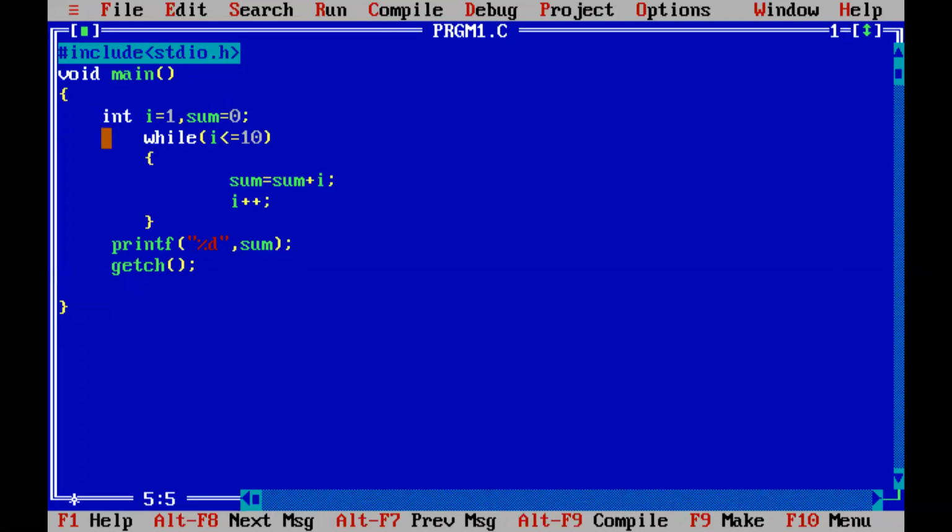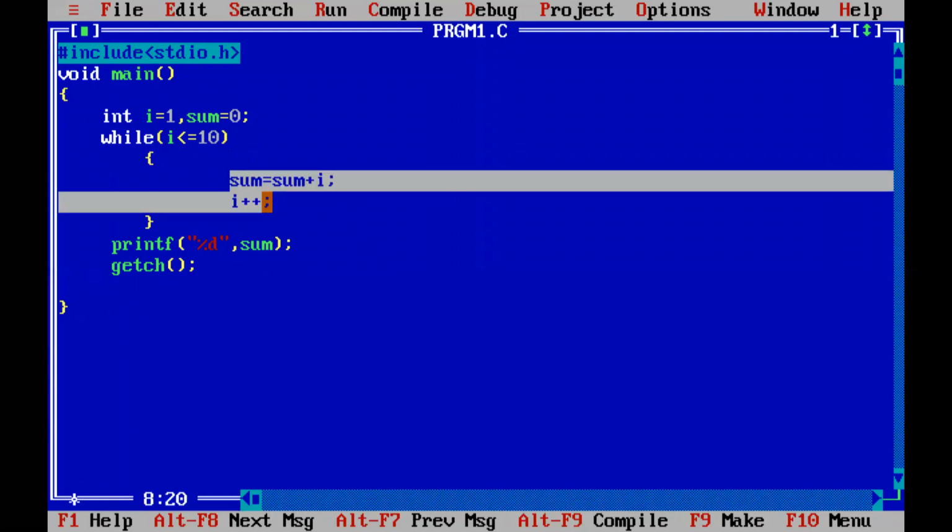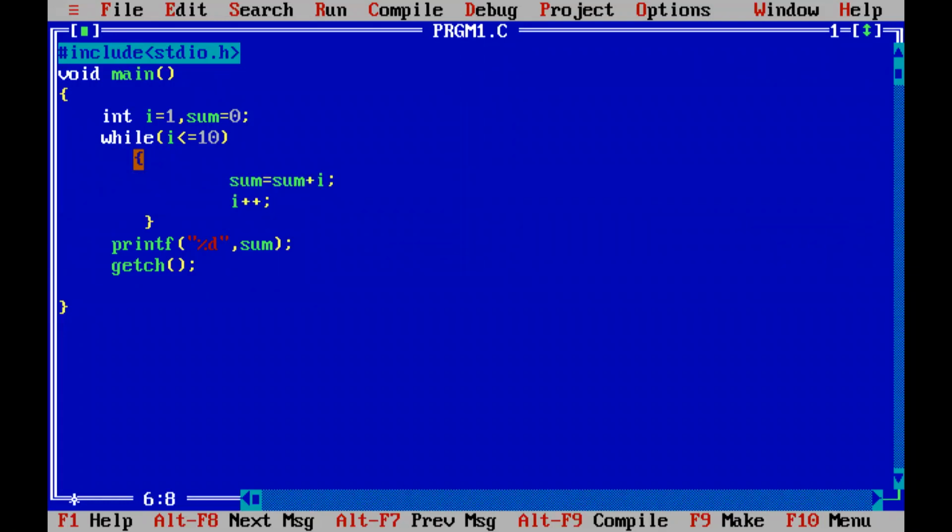And then if the condition which we give in the bracket turns out to be true, then it should execute the lines we give inside the bracket of the while loop, right? So this is our aim. Now in this while loop, what all lines are we going to execute? sum = sum + i, and in the next line we increment the value of i, that is i = i + 1.